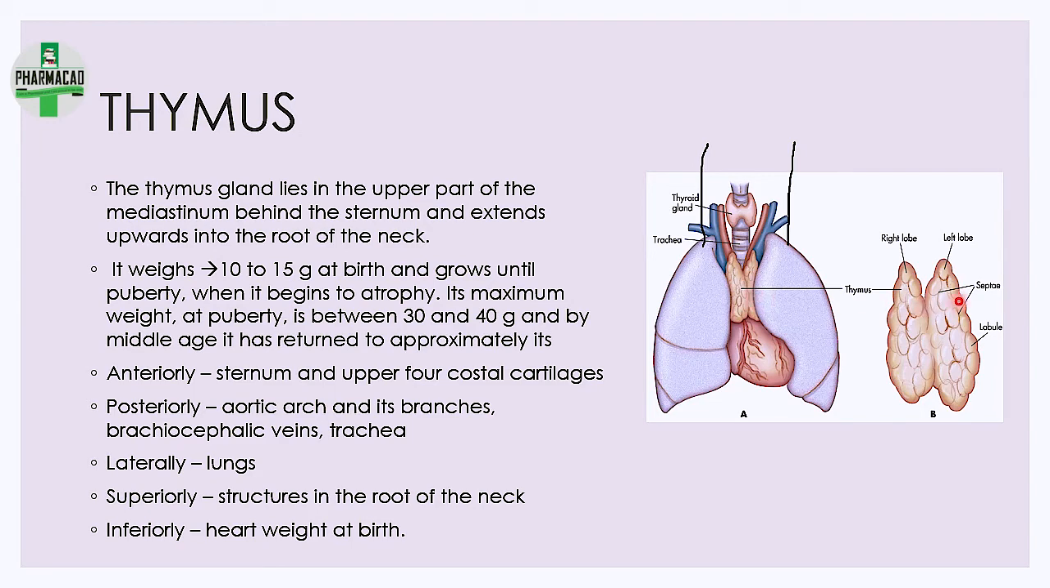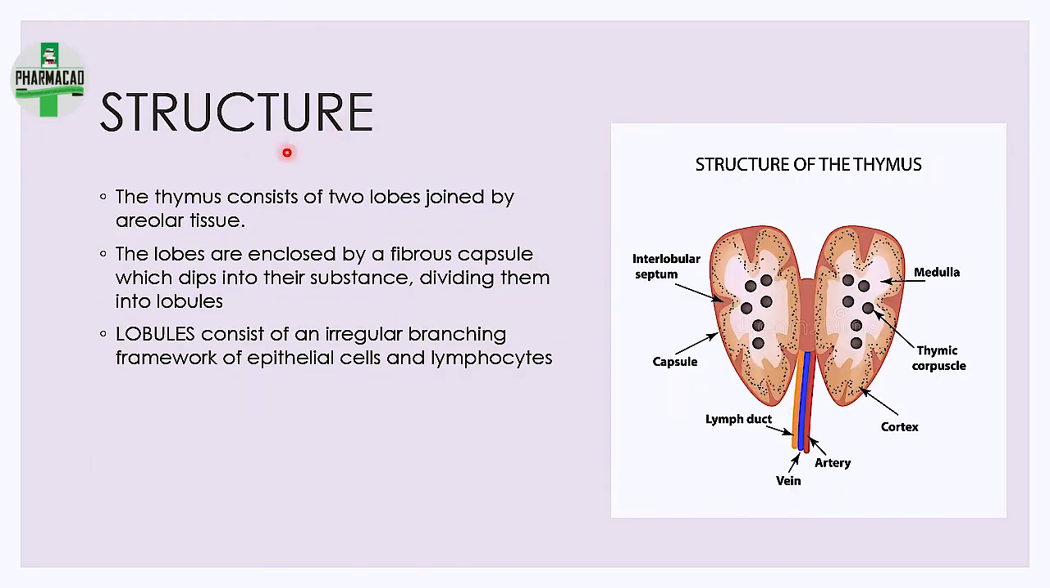Now let's see ahead. Let's see the structure. Structure जैसे lymph node का किया था वैसे ही similar है. So first of all, there are two lobes. You must have seen it in the previous diagram also. And these lobes are connected by areolar tissue. Fine. The lobes are enclosed in a fibrous capsule और फिर वो capsule अंदर जाता है which divides it into